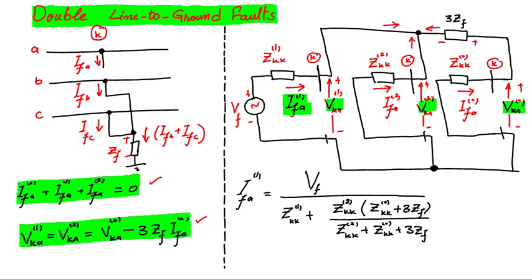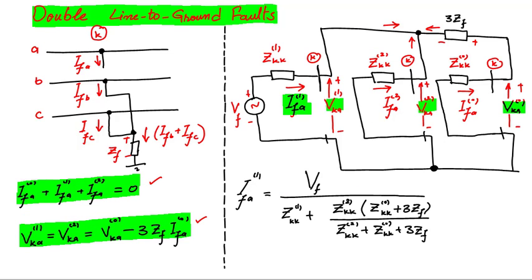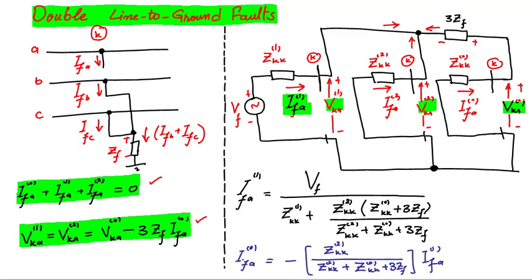division rule. So for the calculation of fault current, we know that fault current in case of double line to ground fault is equal to IFB plus IFC, which is equal to 3 times IFA zero sequence. This equation, IF is equal to IFB plus IFC is equal to 3 times IFA zero sequence. So if we are interested to calculate fault current directly, we can find out the zero sequence current. After this step, I0 sequence will be IFA zero sequence can be calculated by using current division rule.